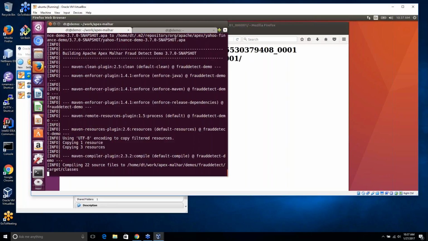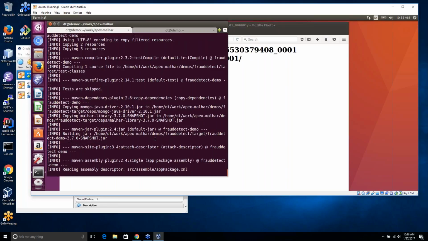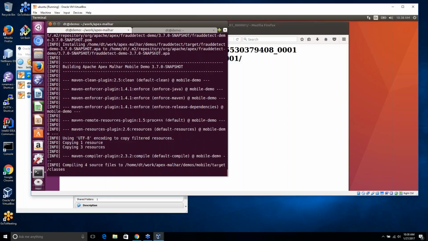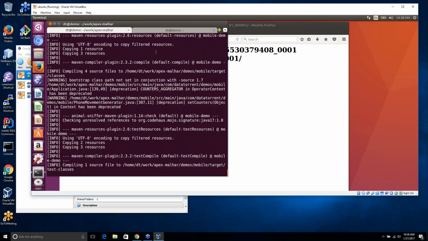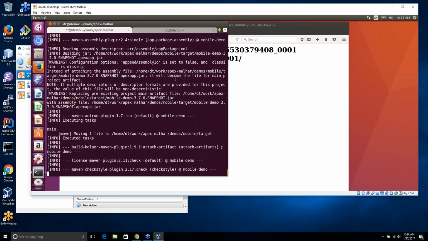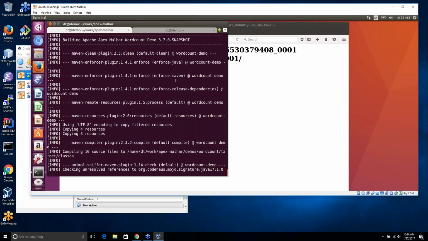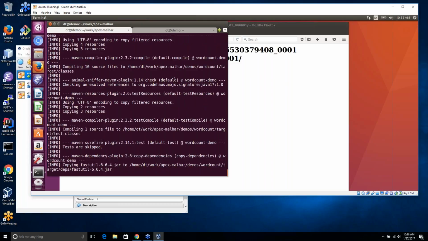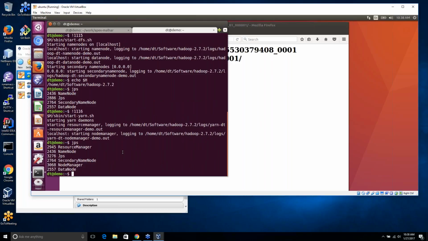Okay, so let's check back here and see how this is going. The build is still continuing. So I'm going to wait for that to finish before going to the next step. The next step is going to be